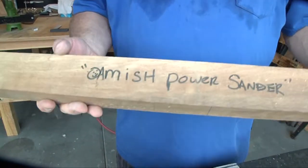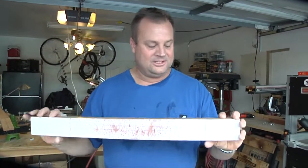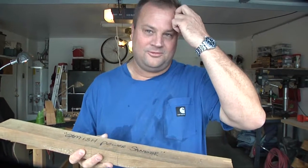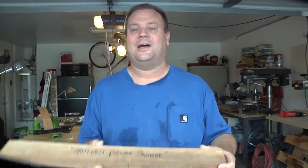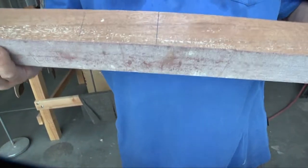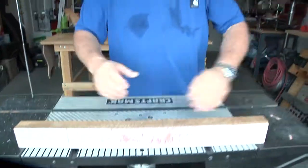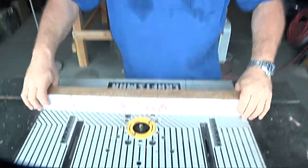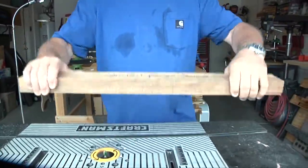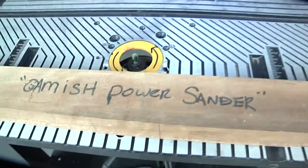This is my all-purpose, I call it the Amish power sander. It's manual labor all the way, baby, but this is an old piece of walnut that I saved many moons ago for my first guitar I ever built out of walnut and lacewood. And so I machined it, and I was like, hey, it's a nice sander, serves as a nice fence, clamp it down for the router table, and it's a good block sander. I square up things with it, so it's a really good thing to have. Don't throw it away,